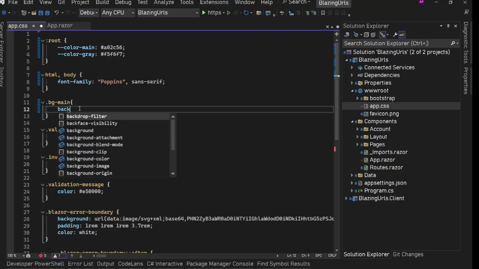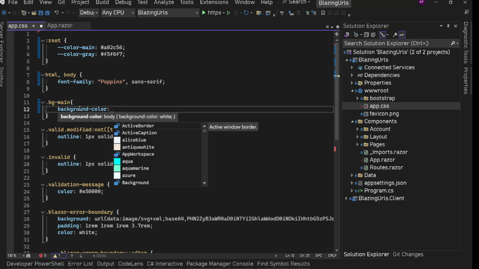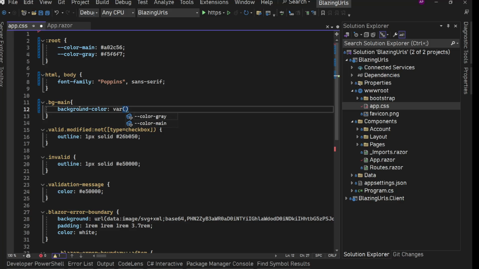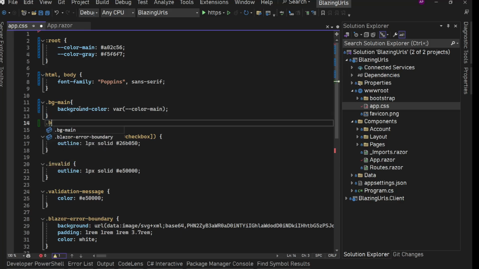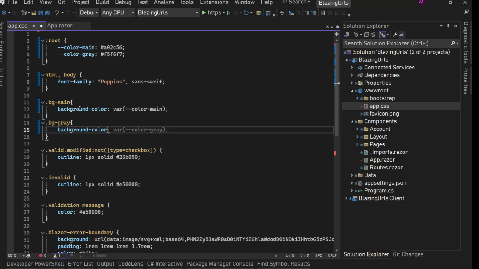So for this I'm going to use background-color colon, then var, where this is the way we use CSS variables here, and we have nice IntelliSense as well. So color-main. All right, so bg-main, then let's say bg-gray, background-color, color-gray. All right,